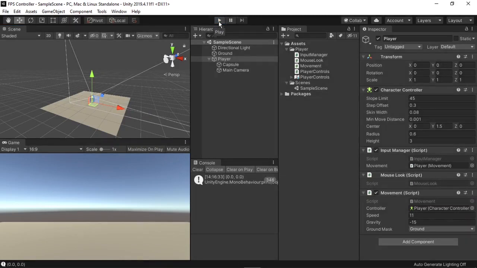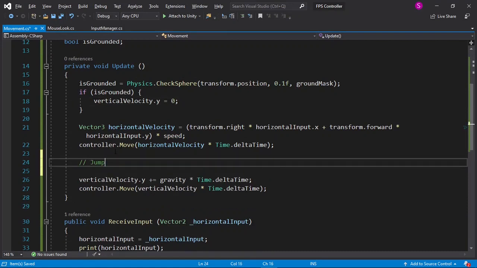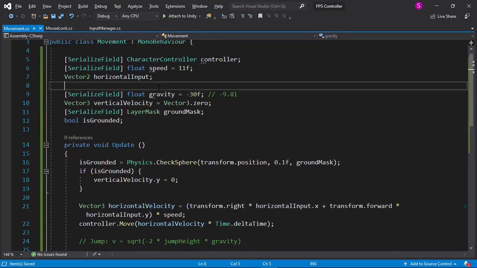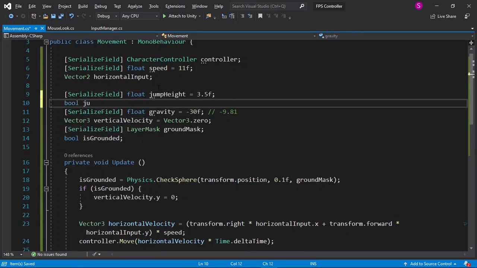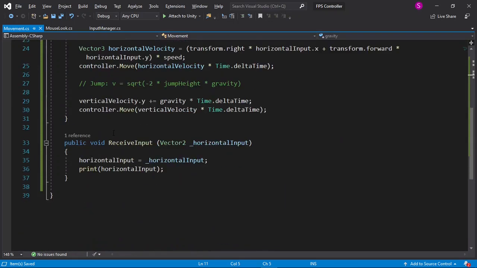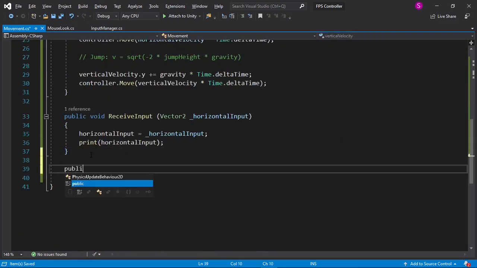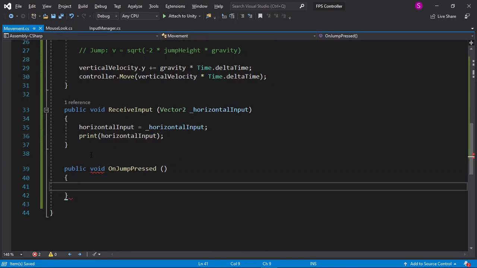To jump to a specific height, we can use the equation v is equal to the square root of -2 times the jump height times gravity. To implement this, I'll create a new variable. This will be serialized field float jump height, and I'll set that equal to 3.5 by default. I'll also create a new bool, which I'll call jump. Now we need to create a new function, so I'll do this at the bottom, and this will be public void on jump pressed. It won't take any input, and inside it, all we have to do is set jump